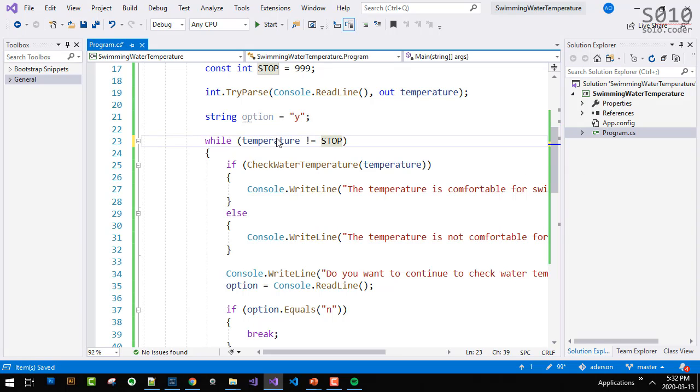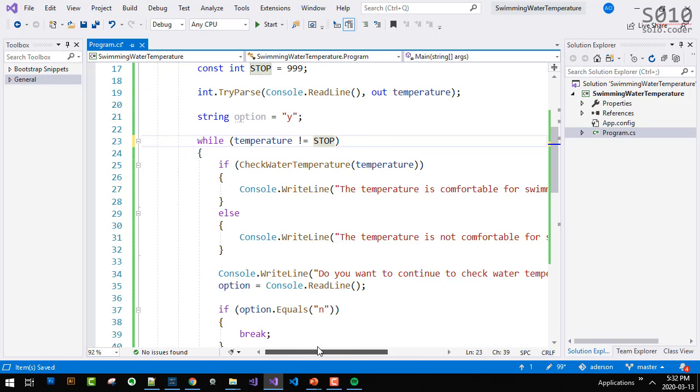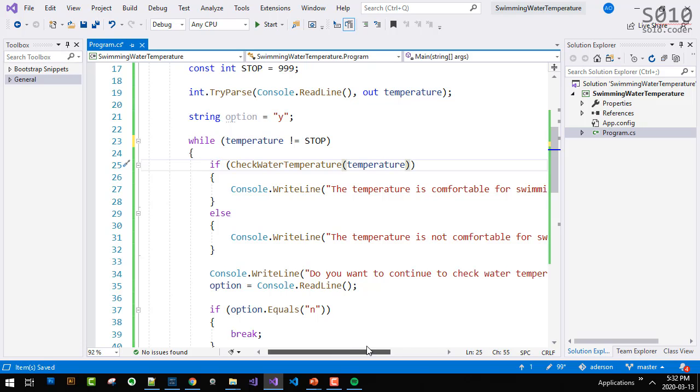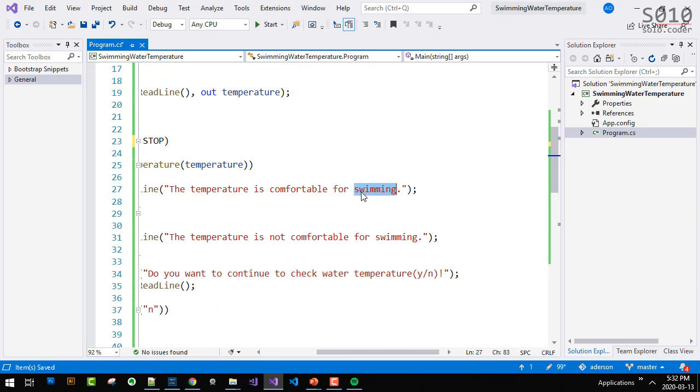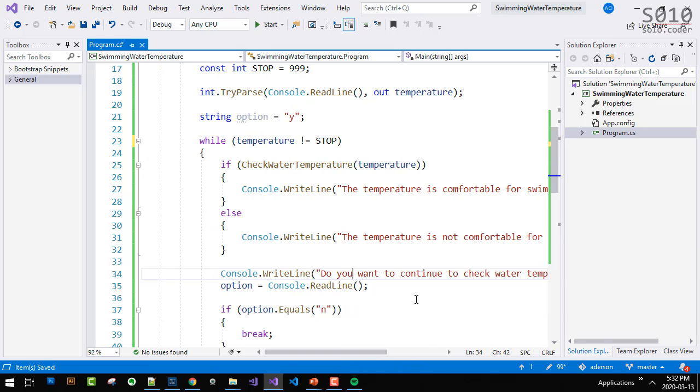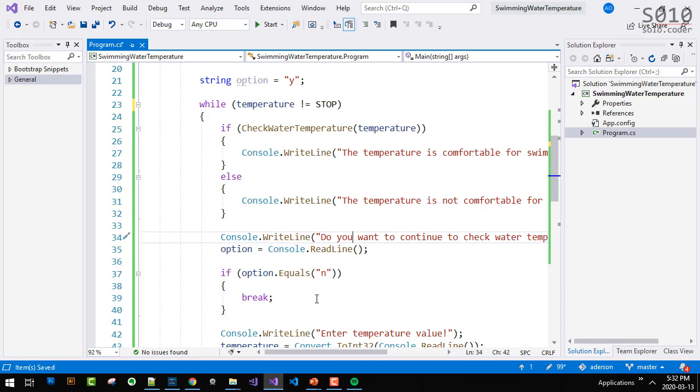So we just ask one question. Okay, so here it's checking the temperature. Great. If it's comfortable, it shows this message. If it's not, it shows this message. Great, this is fine. Then, instead of asking if the user wants to continue, I'm just going to ask the user to type the new temperature.